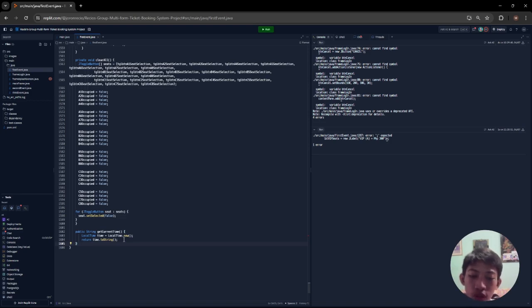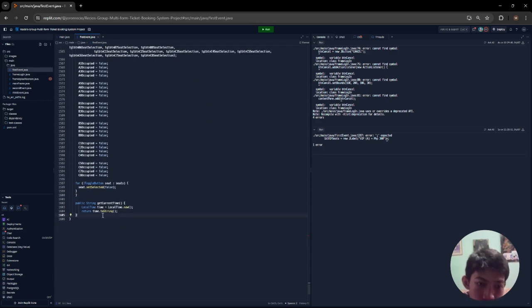So the position and size of each component are carefully set to organize the layout visually in the content pane. So this code sets up a GUI for ticket purchasing with labels, buttons, and seat selection functionality. Each component is configured with fonts, colors, and positions, and event handling logic is added for users.